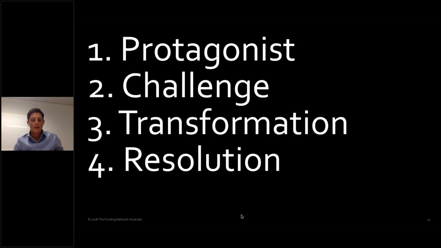So stories. Again, most of you probably would have seen this sort of academic breakdown of storytelling. Every story is pretty much made up of the same similar structure. So when you come to think about putting a story together, other than the beginning, middle, and end, just think about these four sections.